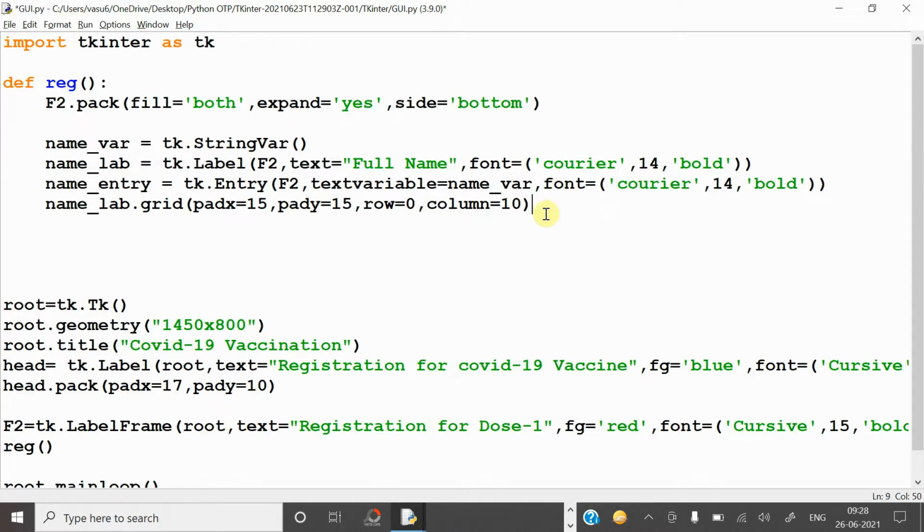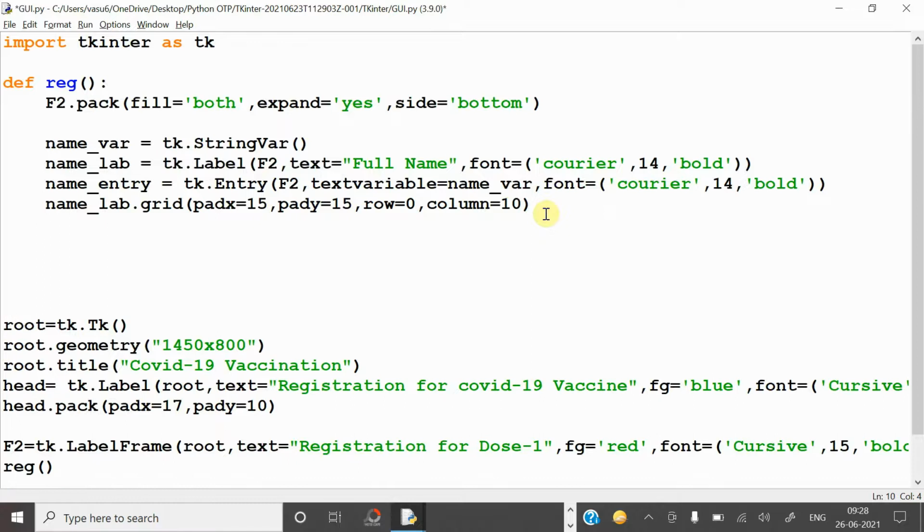Now after that you have to keep this component in the frame F2 by using the grid function. So name_entry.grid.